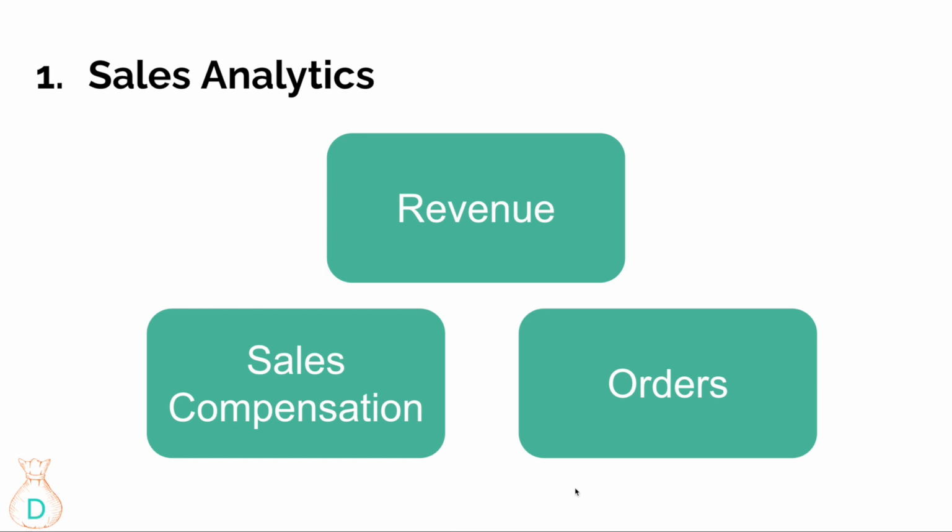So the second I want to talk about is sales compensation. A lot of sales are commission based, and if your company is running based on these sales, then you have to compensate these sales based on a commission. But in order to calculate how much we are supposed to compensate our sales, you have to pull a lot of data and make sure that there are no fraudulent activities and that the sales are actually compensated equally. At the orders level, you can actually bundle specific items together and make some sort of promo package to help with your sales and revenue. And this strategy will have to come down to the orders level instead of a high level like revenue, looking at the categories.